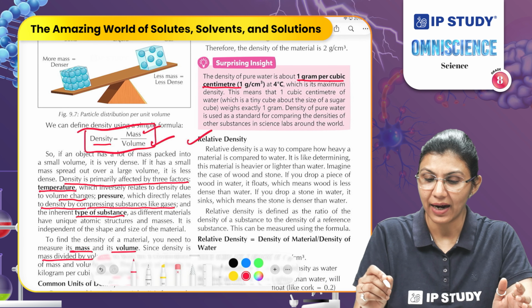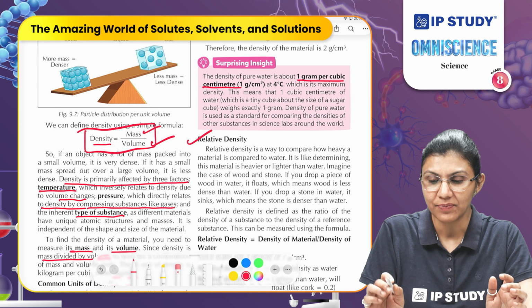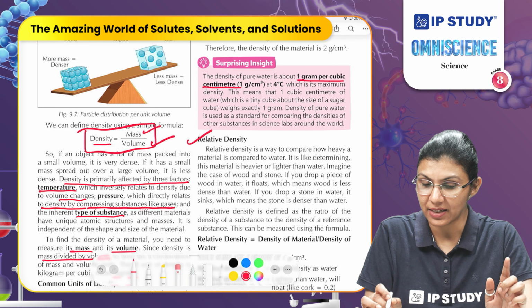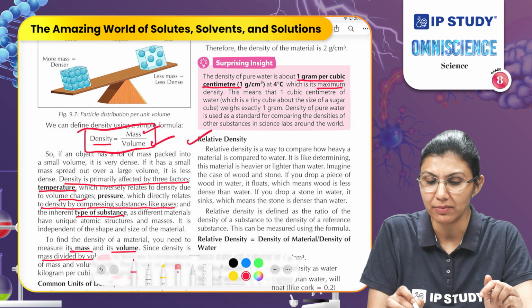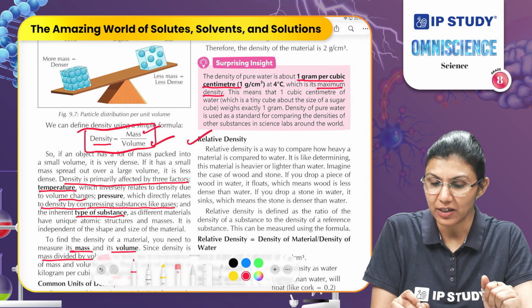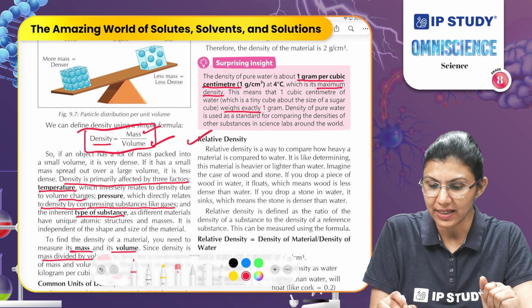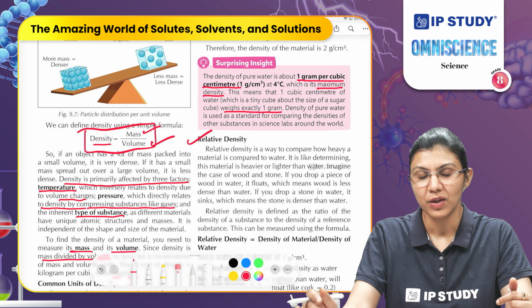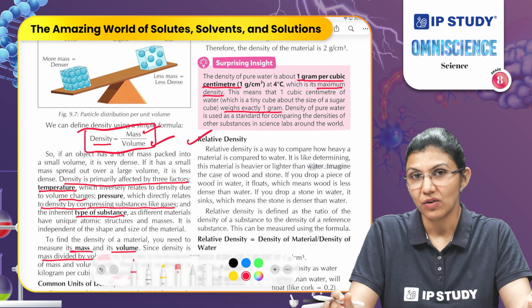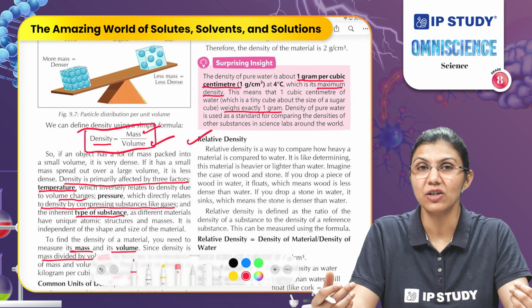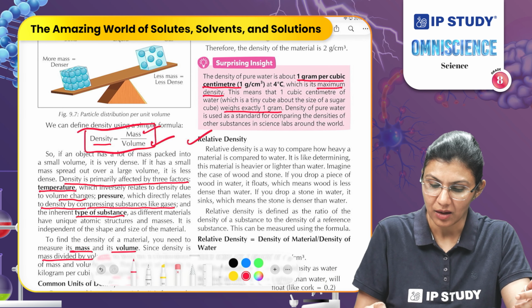But at 4 degrees Celsius, it has a density of 1 gram per cubic centimeter, which is its maximum density. This means that 1 cubic centimeter of water weighs exactly 1 gram, and the density of pure water is used as the standard for comparing the density of other substances, like